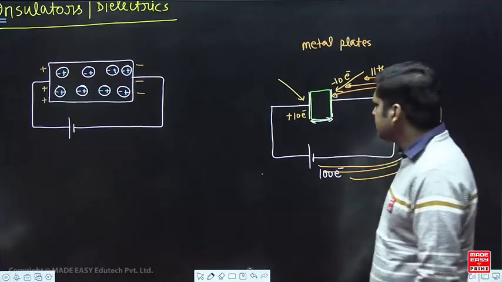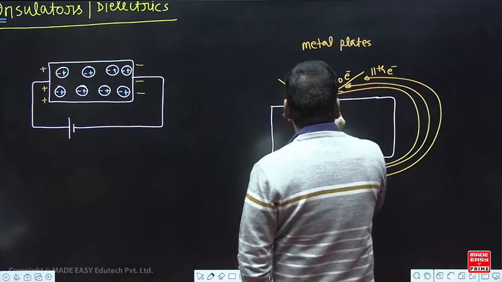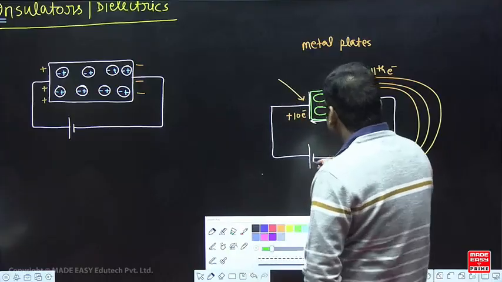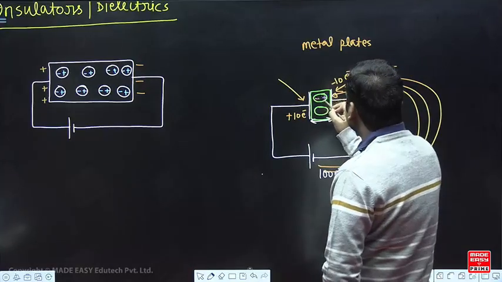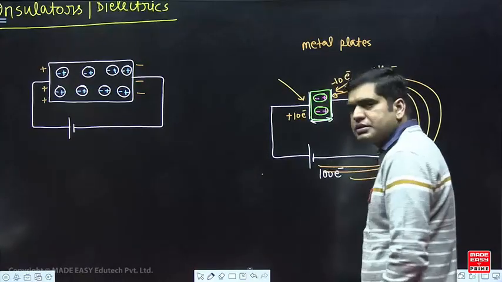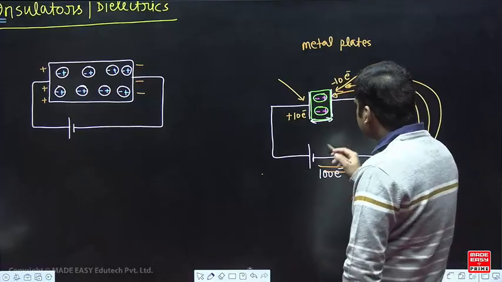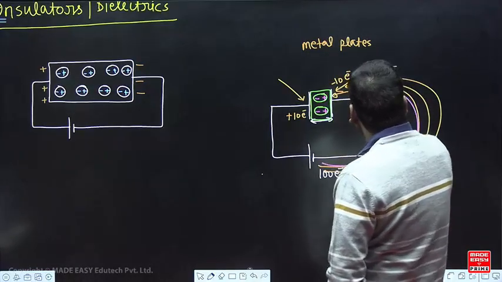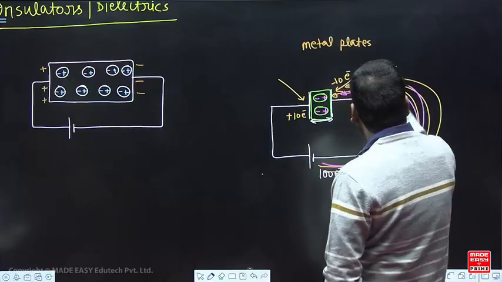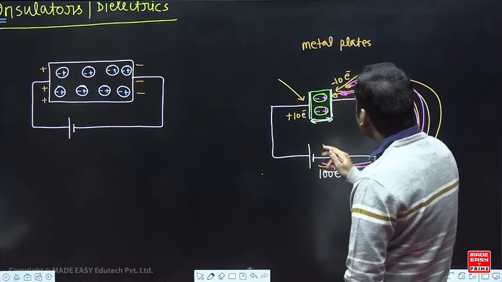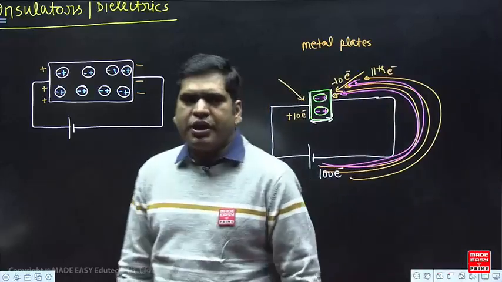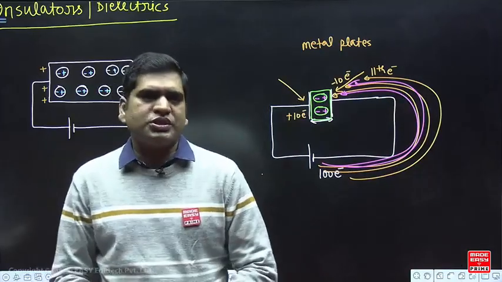When we put non-conducting material, in the non-conducting material there are atoms. So these atoms will get polarized like this. They will get polarized like this. Now the polarization is happening, plus is happening here. So this plus will attract electrons from the battery. So the stronger the polarization, the more electrons will be attracted towards the battery, and hence the capacity to store charge will